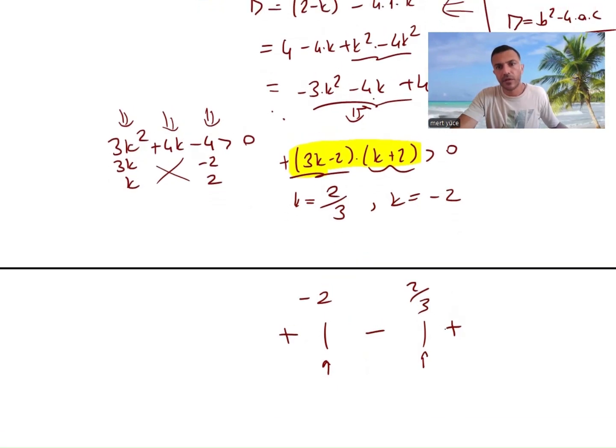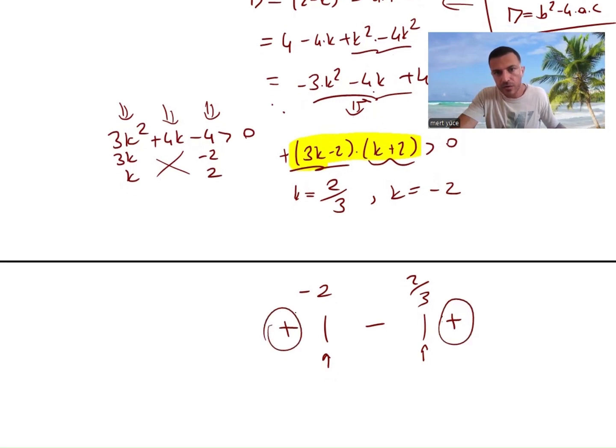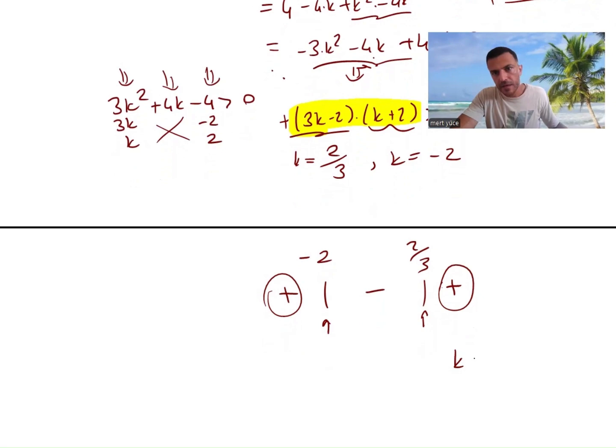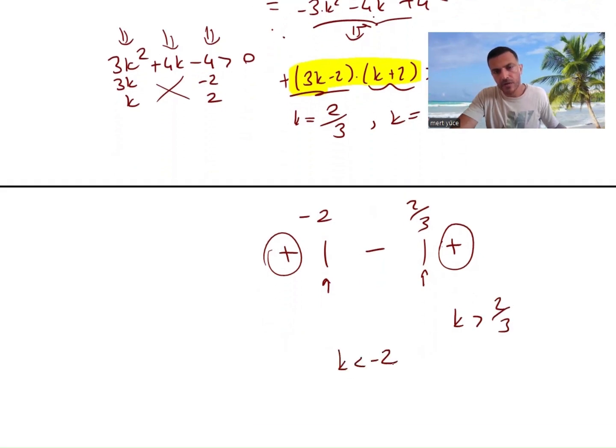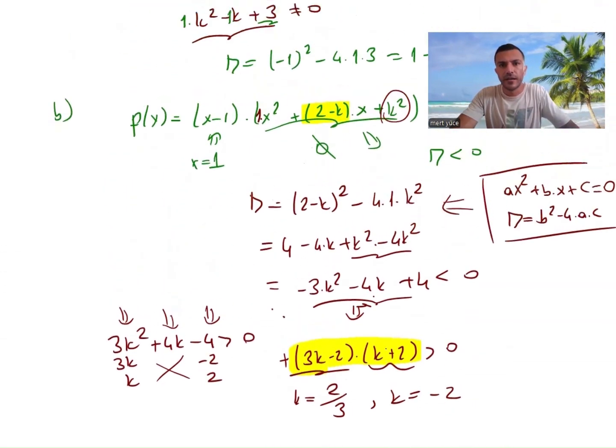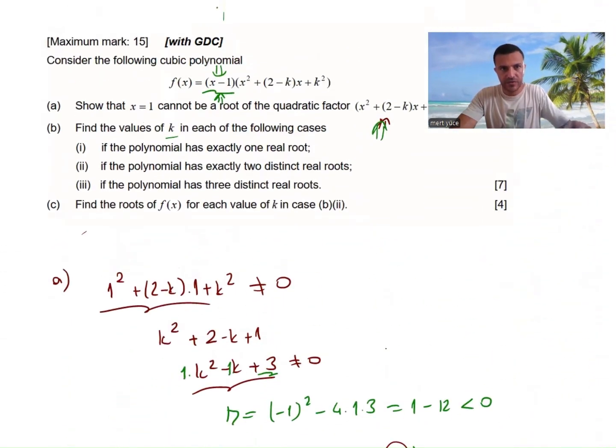And in this case, we are looking for the interval which is greater than 2 over 3 and less than minus 2. So k needs to be greater than 2 over 3 and less than minus 2. Yeah. And you can just check the other